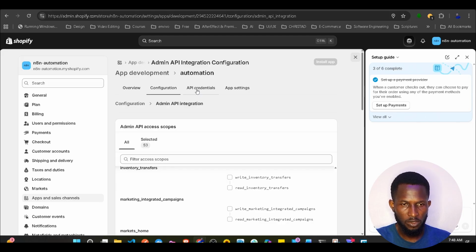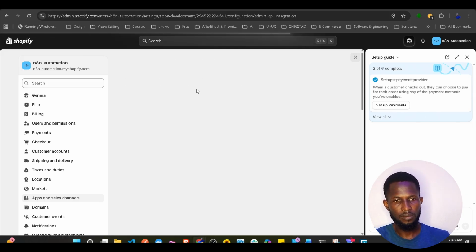So now what we need to do is go to API credentials. So this is where we